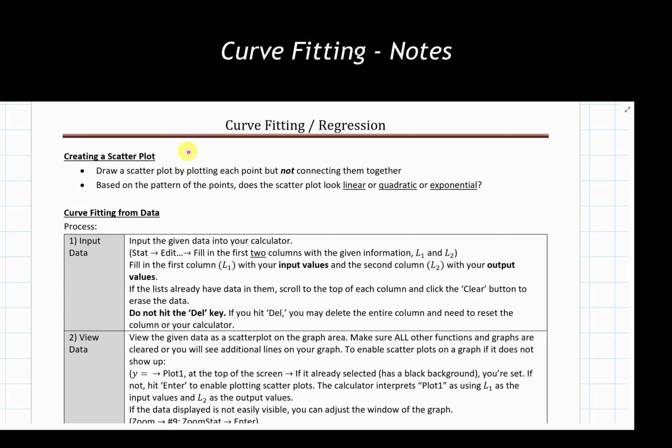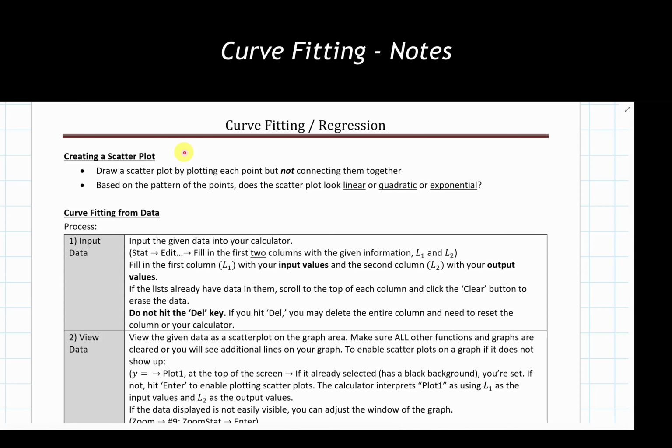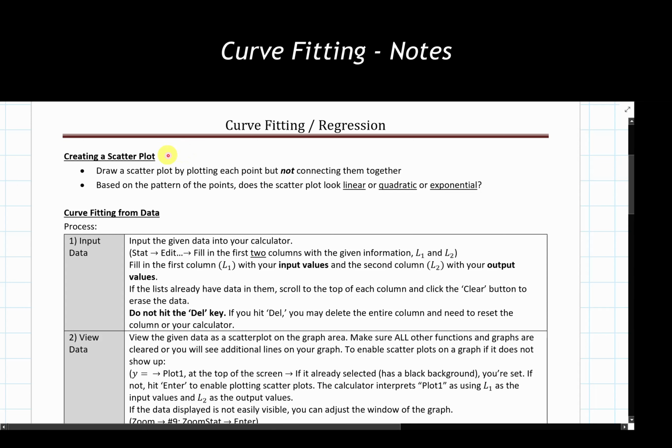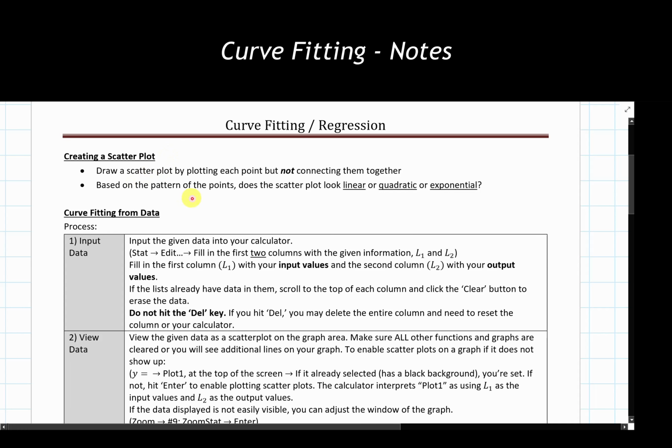The key distinction between a scatter plot and a quote-unquote standard graph is that none of the dots and the points are connected together, hence the scatter part of the scatter plot, which makes sense. Now what we are going to do is use that scatter plot to tell us what the data we've been looking at tells us about any trends in the data set. So we want to look for patterns and say, does the data in the scatter plot look linear, quadratic, or exponential in nature?